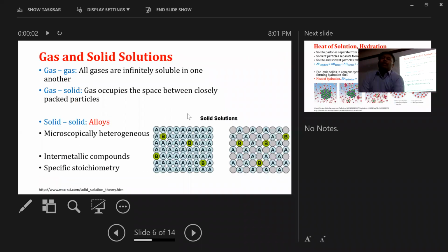Gas and solid solutions. That means if you have gas, all gases are infinitely soluble in one another. We always know, because as I have already shown here, we can put 1 liter of gas in this container, another 1 liter of gas in the one container. So we can keep any amount of gas in any container, but in reality that may not be so,